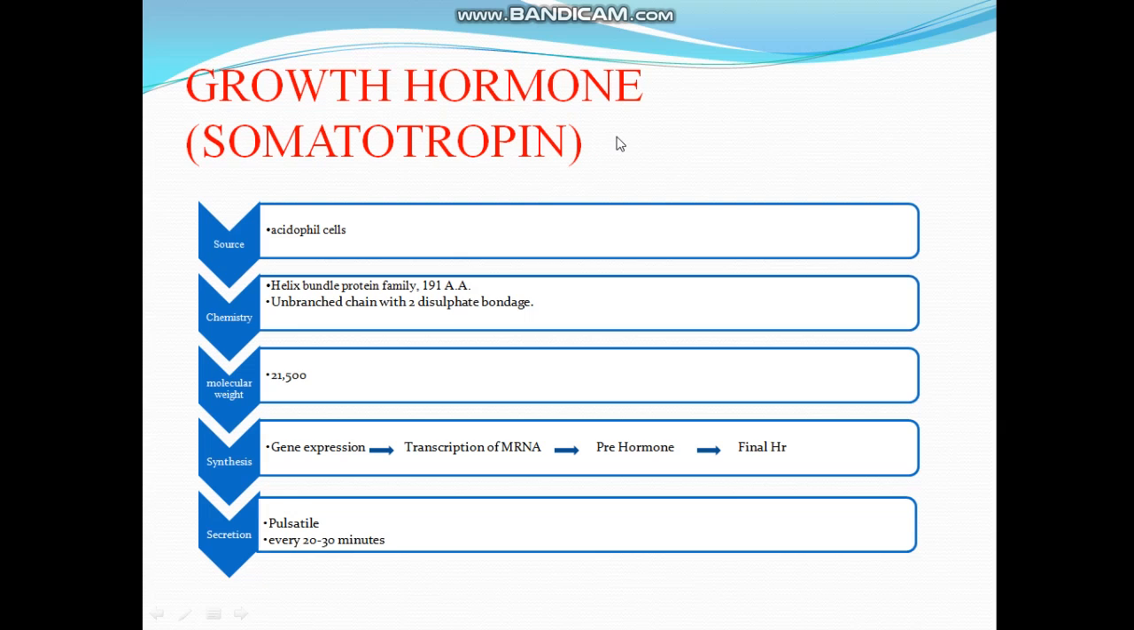So come to the growth hormone, which is secreted from the anterior pituitary gland and is the most important hormone of the anterior pituitary gland. The second name of growth hormone is somatotropin. Somatotropin is secreted from the acidophil cells of the anterior pituitary gland. The biochemistry of this growth hormone is that it belongs to the helix bundle protein family, and it is made up of 191 amino acids. These amino acids are